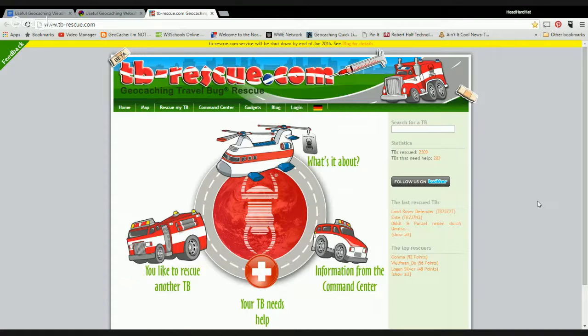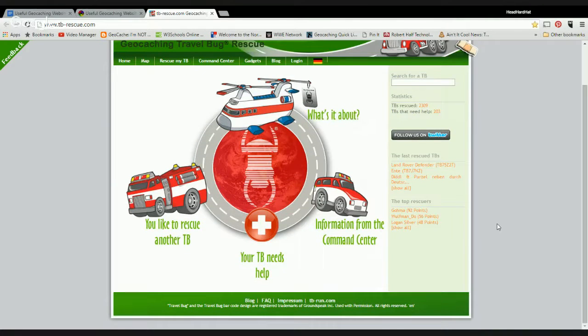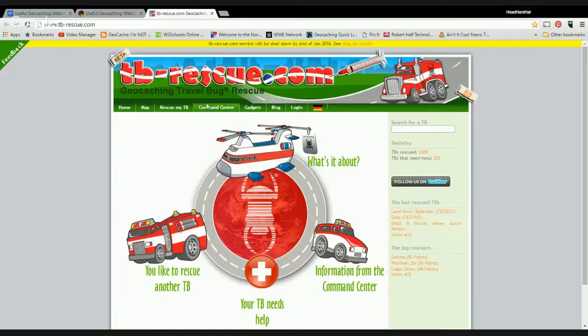Somebody said they're shutting the TB rescue down. Are they really? Oh, we may have to look into that. Yeah, because this is something I could see being a big help for people. At least the concept is awesome. So if they're actually shutting this down, somebody else needs to grab this, because I honestly think